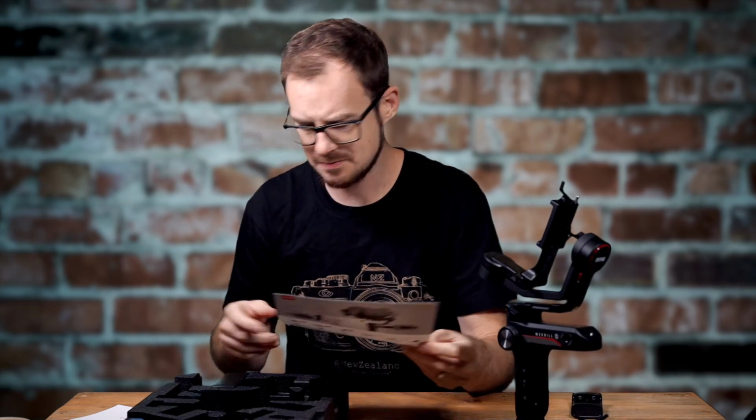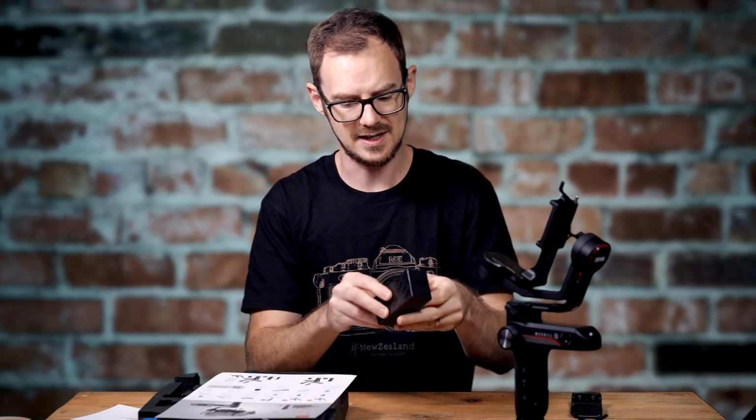The camera base plate is what you get included, so I guess if you have two, no, because you just have that attached all the time. I don't know why you'd want a second one of those. Cables, you can buy spare cables. I didn't go through what cables are included, but you normally get